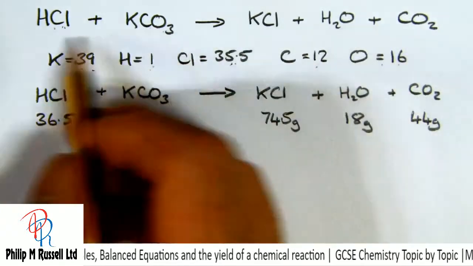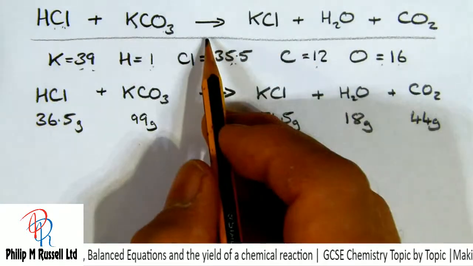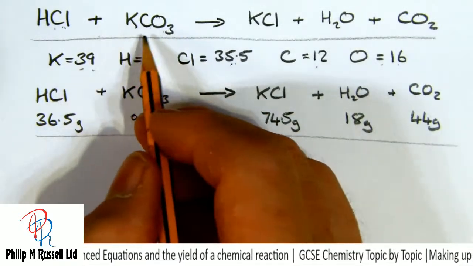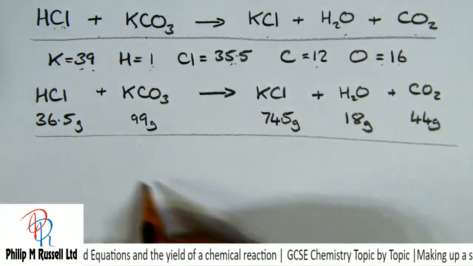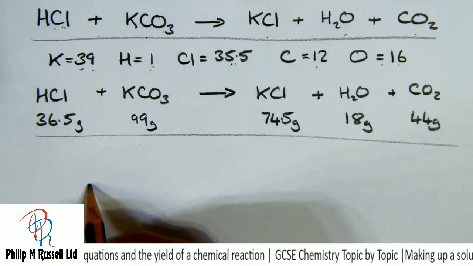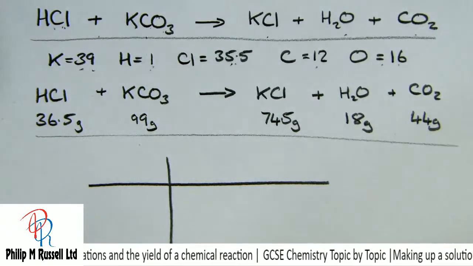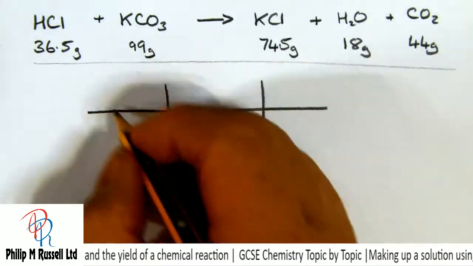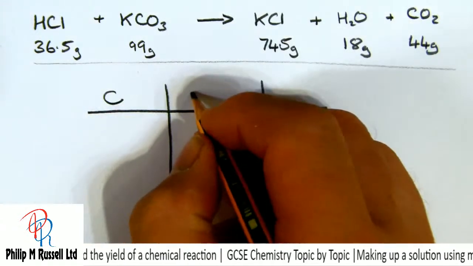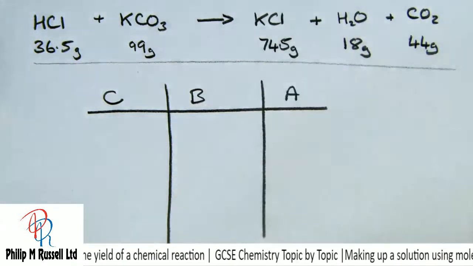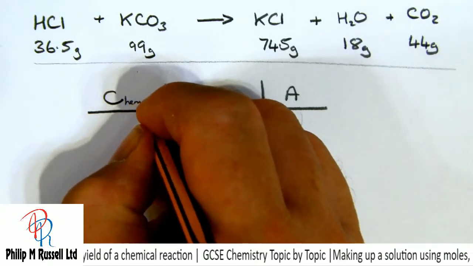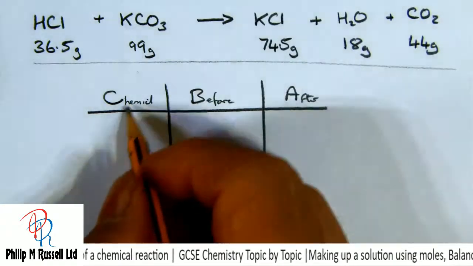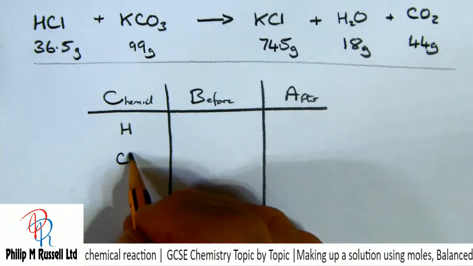So here is my equation. I've worked out the numbers, but we need to work out how many masses of these are going to react. So let's start by balancing the equation. And I'm going to do that using my can't be asked, CBA. My chemical, the before and the after amount. The chemicals, I've got H, Cl,